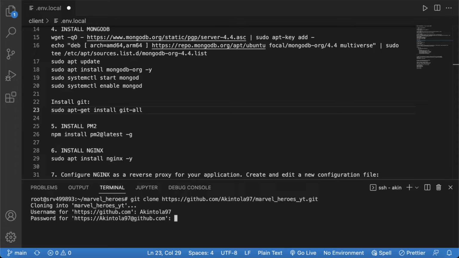Now it's going to ask for your password. So this is tricky. It's not asking for the password that you would put in to access your GitHub account. What it's asking for is a token that's generated for your GitHub. So when you go to your GitHub account and you head over to settings under your profile, so you'll see your little profile picture or silhouette. When you click that, scroll to the bottom, and at the bottom of the sidebar, you should see developer settings or tokens or something like that, generate tokens or whatever. When you click that, you're going to be asked to select